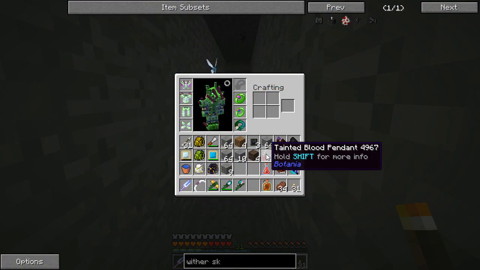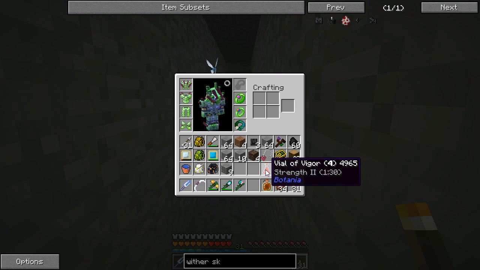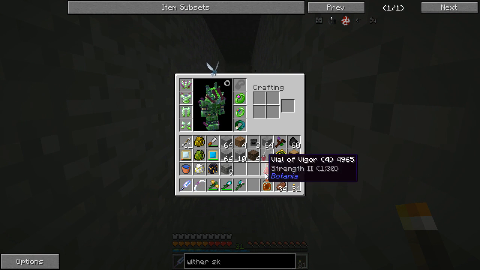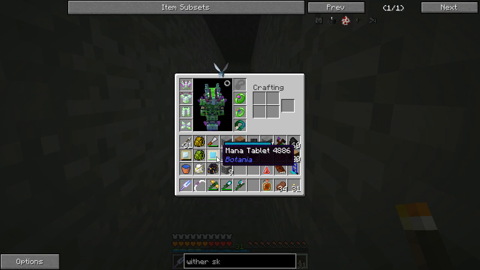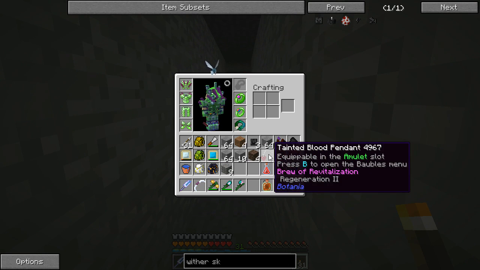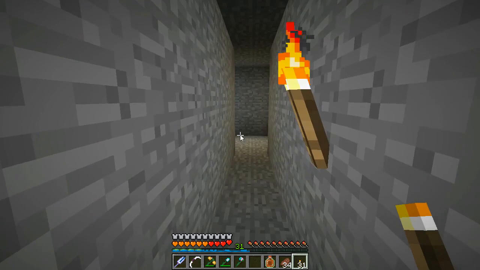Okay, I have gotten my Regeneration 2 pendant on me. I also brought a Strength 2 potion and a Resistance 2 potion that I'm going to take right before I create the Wither skeleton. And I also have an extra mana tablet so that the Tainted Blood pendant, the Regeneration pendant, doesn't run out while I am down here. So let's go ahead and put that on. And then